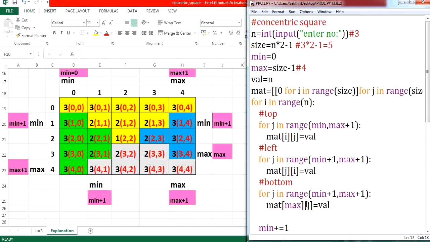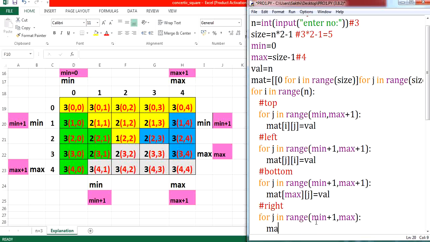Now let us write logic for your rightmost part. So let me mention for j in range. Now we are supposed to mention range for it. What is your starting range here? 1. And your ending range is 3. So 1 will be mentioned by using min plus 1. And your ending range is 3. 3 in the sense, if I mention max, max will mention 4. So it will go to 3. Clear? Now, mat